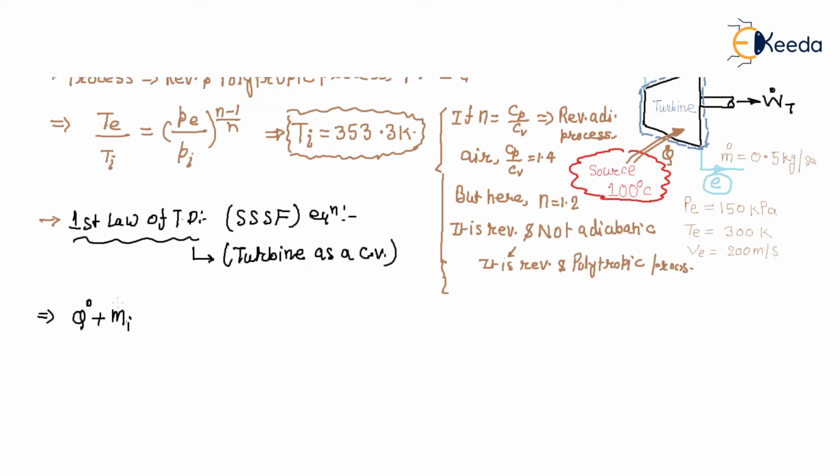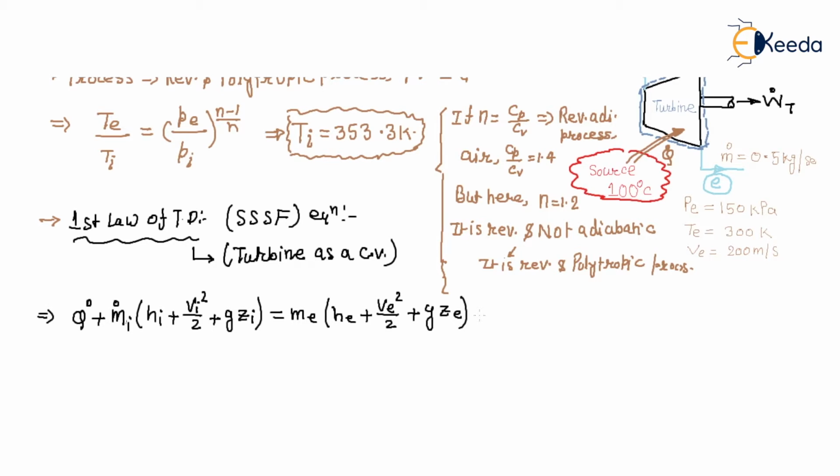You may not write a rate basis, but if this is a rate basis, you can write it: m dot i times (hi plus Vi square by 2 plus g zi), equal to m dot e times (he plus Ve square by 2 plus g ze),